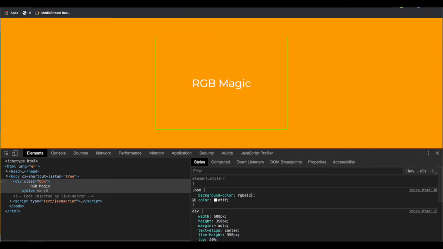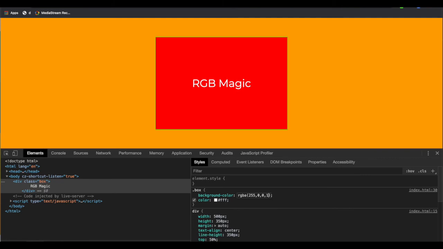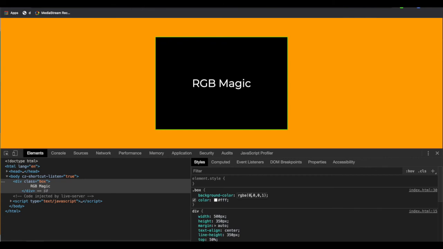Okay, so that is 255 for the red, green 0, blue 0, and now with nothing as alpha it won't show, and everything with the alpha will show you the background. So you can see this. So you can give 255, 0, 0, 1. Okay, and if I give 0 here instead of 255, that will be the black color. Okay, you can see easily.